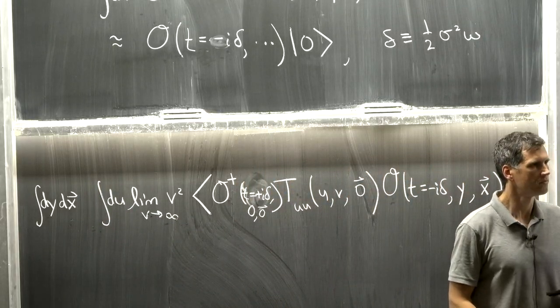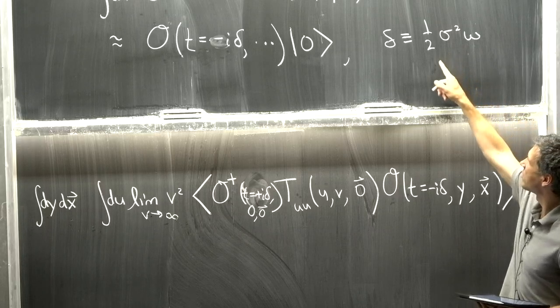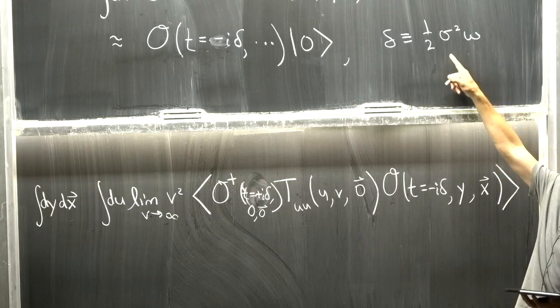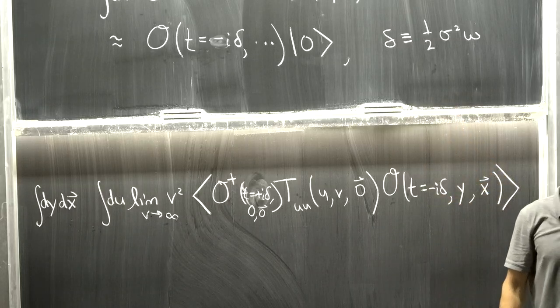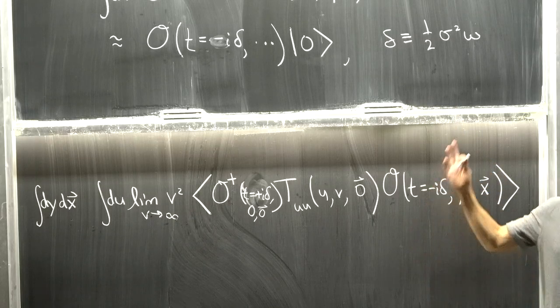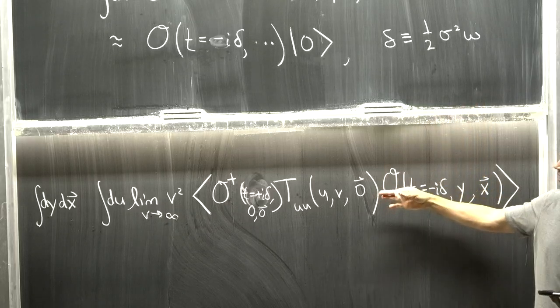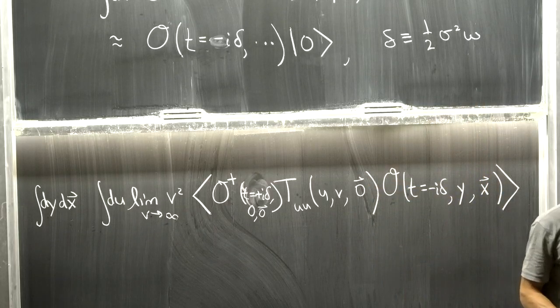Maybe that question is like, do you also take delta to infinity? Delta has the sigma. Good. So the question is, do we also take delta to infinity? No. We're going to take sigma to infinity holding delta fixed, although it doesn't really matter because we're going to end up doing this integral by residues, and the value of delta is not going to enter anywhere. But I don't want to send it to infinity because it's annoying to have my residue at infinity.